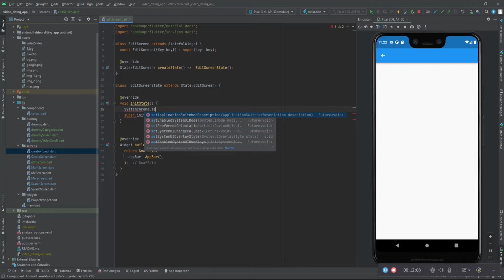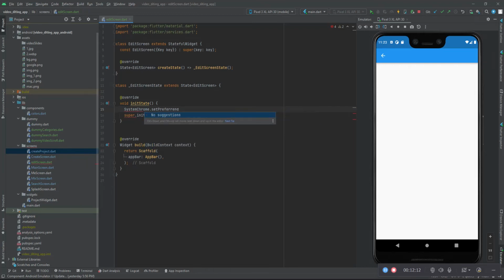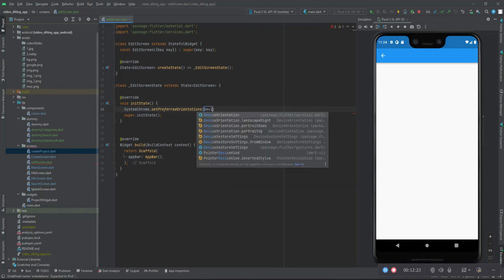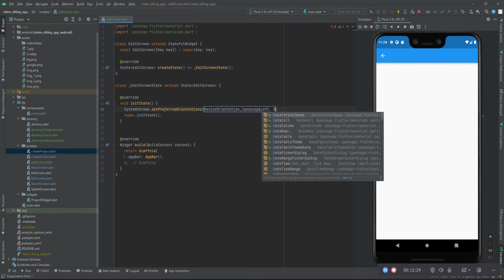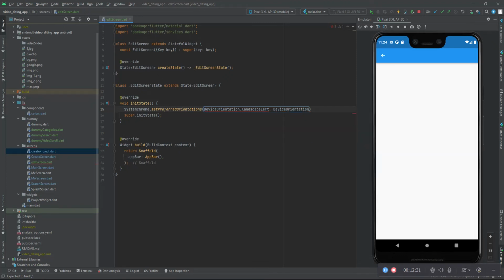So I'm just going to use the preferred orientation, and the orientation is going to be the DeviceOrientation dot landscapeLeft, and we say DeviceOrientation dot landscapeRight, just like this. Then